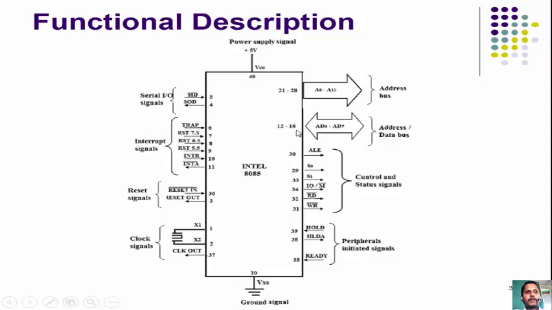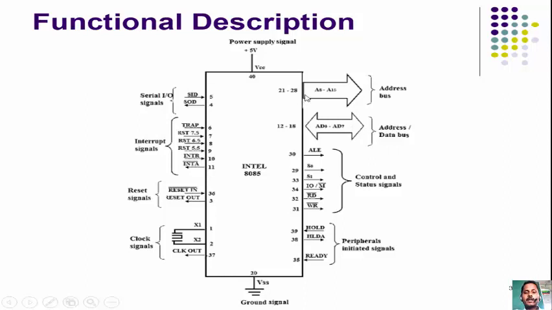Pin number 12 to pin number 19, these are the multiplexed address and data bus. So here the direction of the arrow is important. Now in this case AD0 to AD7, the arrow is bidirectional. Why bidirectional? Because these A0 to A7 lines are multiplexed or combined with the D0 to D7 data bus. So here the data bus is bidirectional, that's why they have shown AD0 to AD7 bidirectional, with the arrow towards the 8085 and from the 8085.